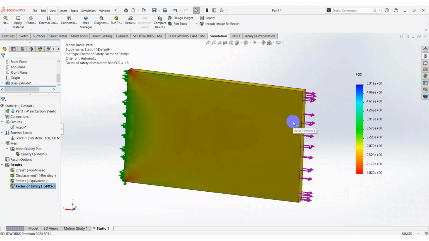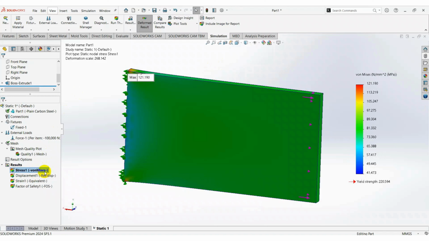So this is how you can assess the failure of the material, whether it is within our desired factor of safety. And when the material is subjected to prolonged, on-and-off loading like fatigue loads, you can use the same and assess the failure of the material using the S-N curve. These are the important points I have to mention from my end on how the FEA of SolidWorks functions. And if I go to the stress analysis parts,